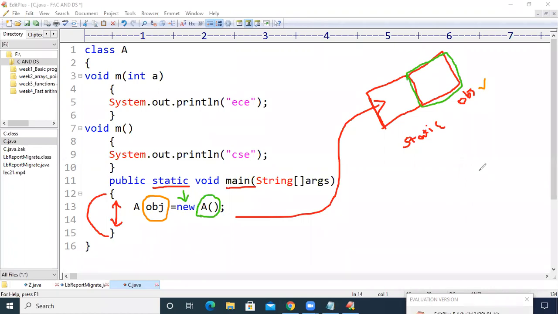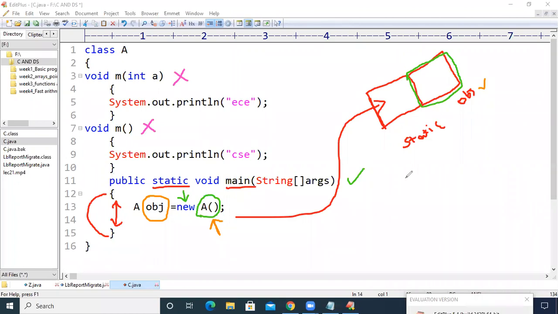In obj, all the non-static variables and non-static methods of this class A will be transferred. If you observe the entire program, there is no static keyword in front of void m of int a, and there is no static keyword in front of void m, but there is a static keyword in front of main.